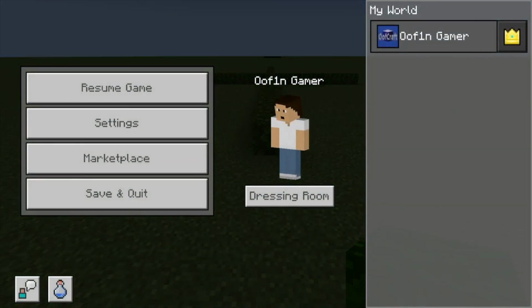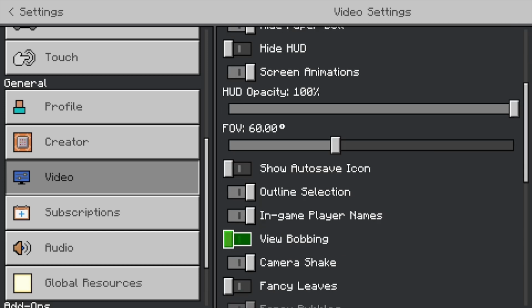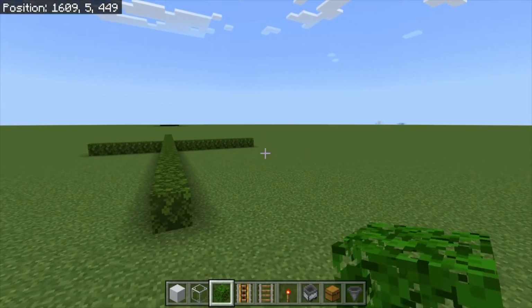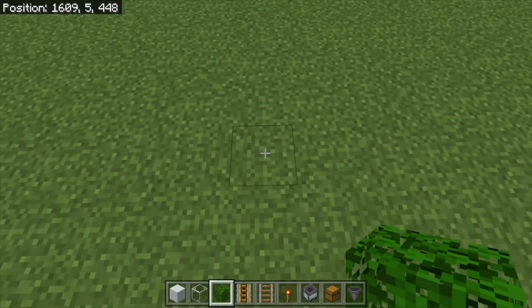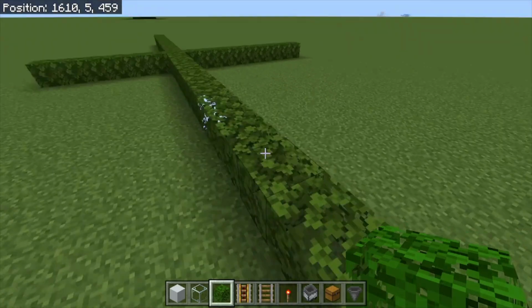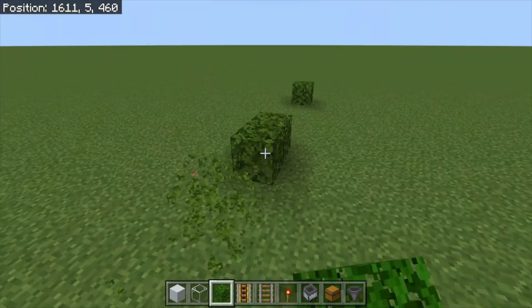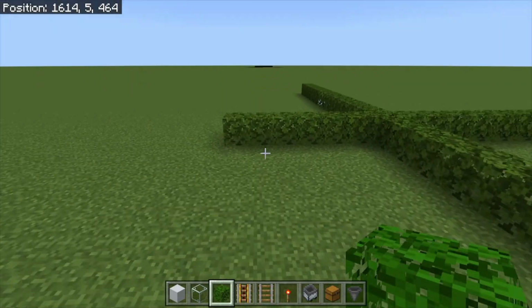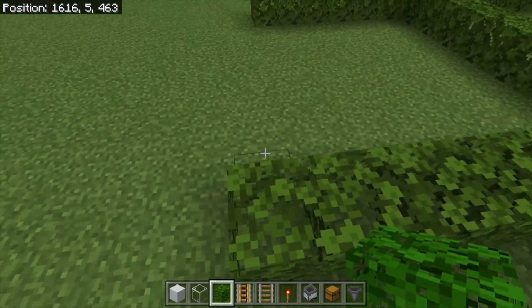We're going to go back to the video settings. We're going to change that fancy leaves option back on. We already did these two sides right here. We're going to do the other two sides here. So we can go a little bit of distance from this end, and it's going to change this block. All you really need are two sides to mark the sides of your chunk. So we know this side is accurate and that side is accurate. So all you need to do is bring these over, connect these two sides,